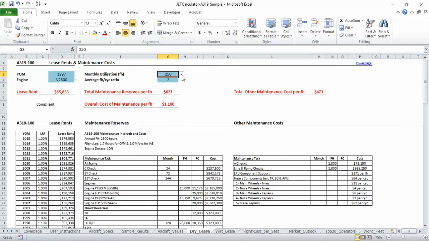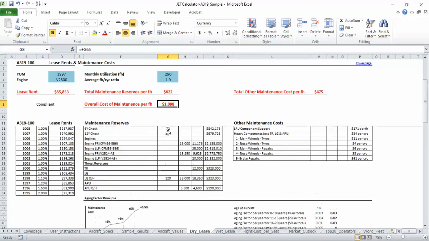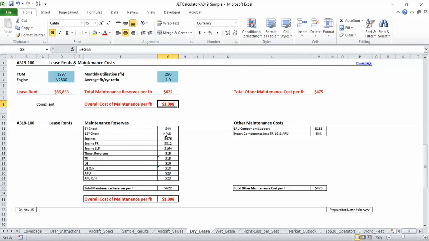You can select the monthly utilization and the average hour cycle ratio here. Then your total maintenance reserves and your total other maintenance costs per flight hour are directly calculated here, and you can have access to the overall cost of maintenance, and you see the detailed analysis here and